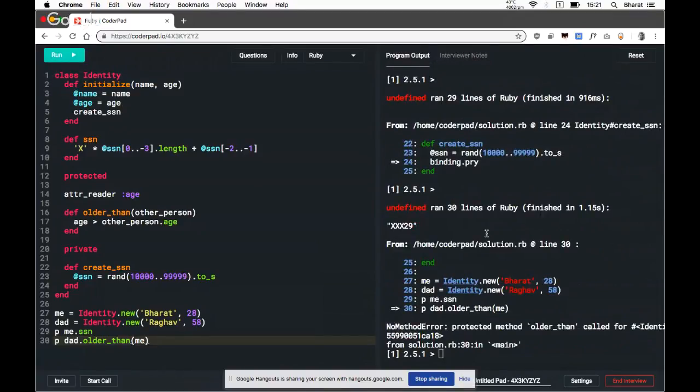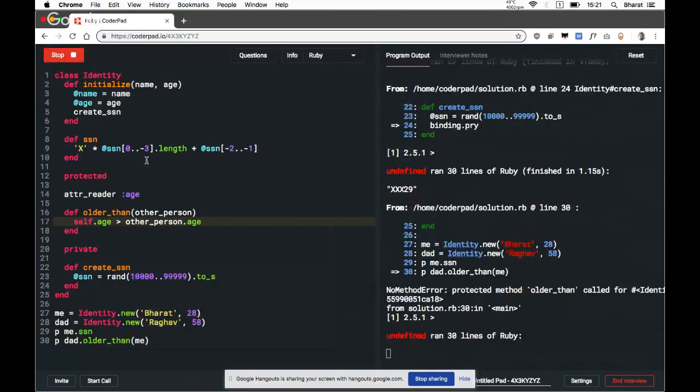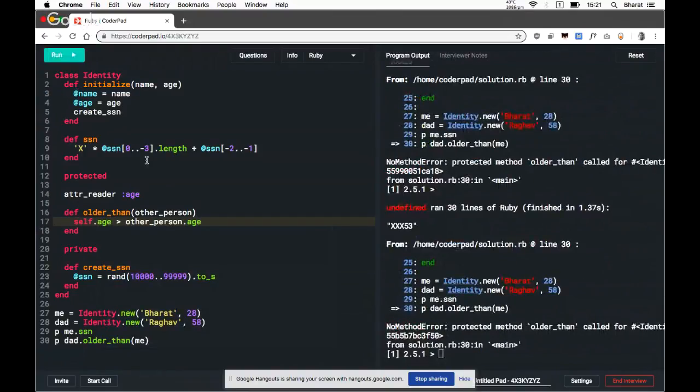Older. Yeah, so that should be fine, right? Can't we do this?